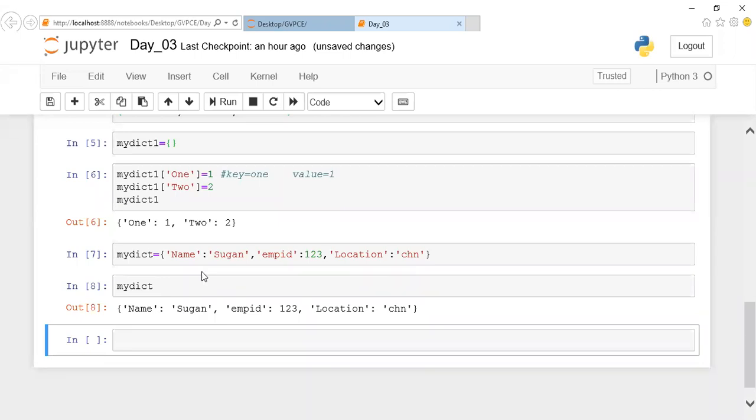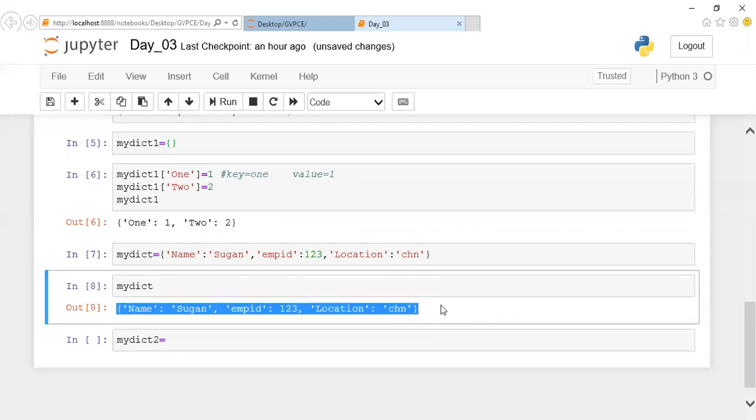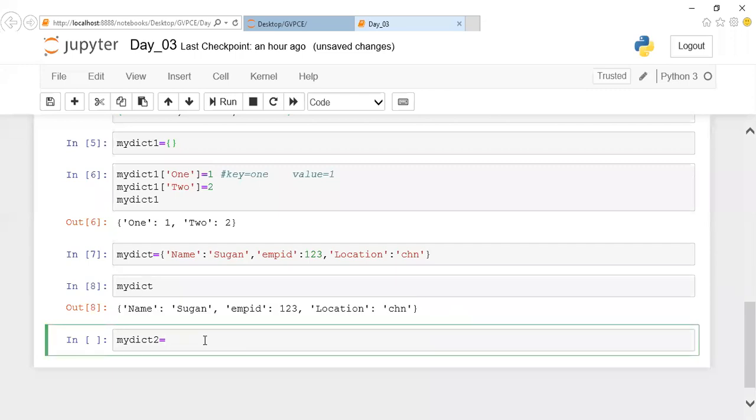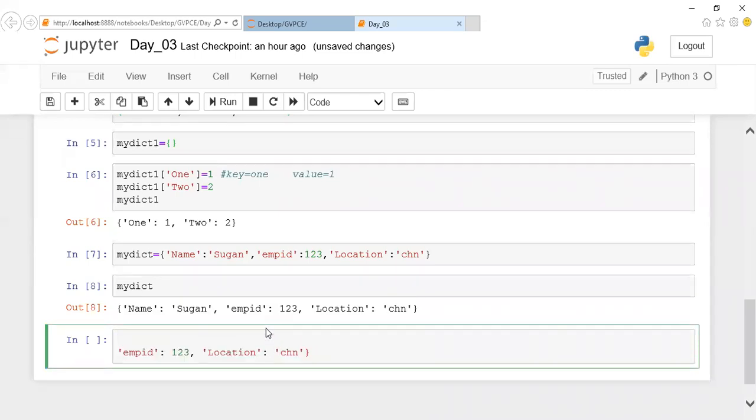So we are seeing just how to declare alone. Okay, fine. Now the same dictionary can be declared in another way. I can declare it in multiple lines also. My dictionary two assign. Here we are declaring the statement in a single line, right? The same data can be given in multiple lines also. Initializing in multiple lines is also possible.